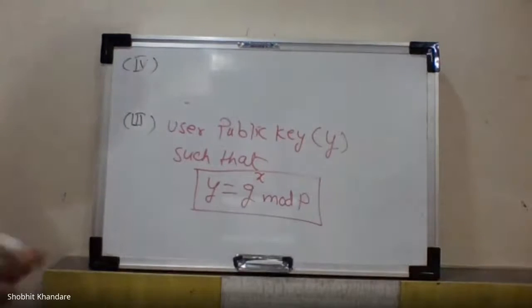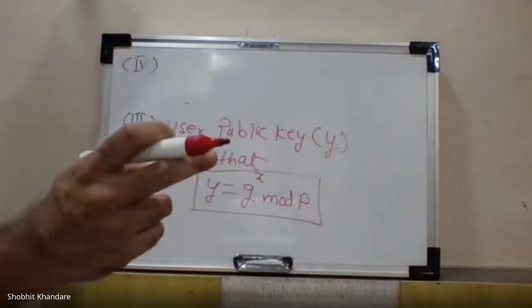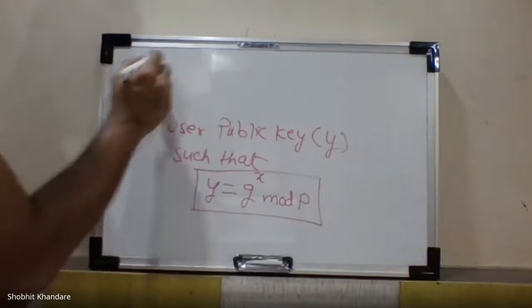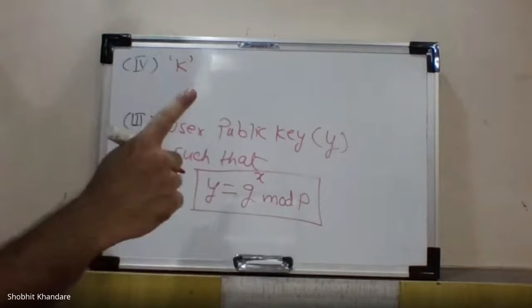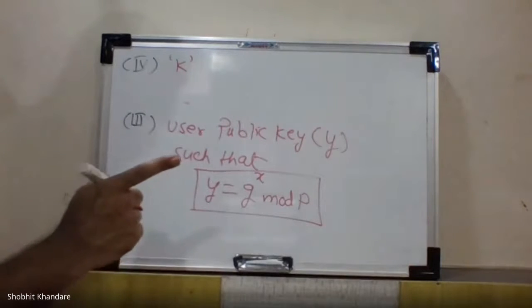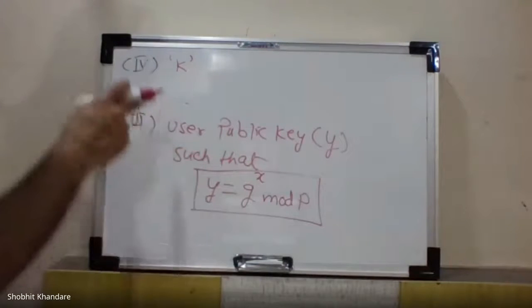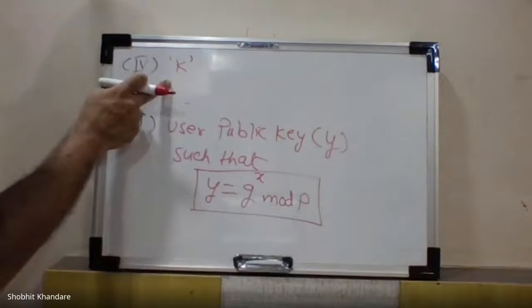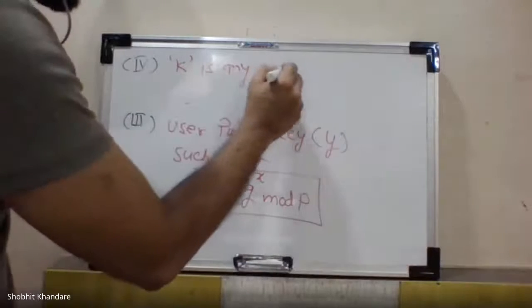And Roman number 4 tells about small k. Okay, small k. Do you remember the block diagram? I have told you in the signature algorithm, along with the input h, you have taken small k, which is a random number. So that is this k. So k is, write down, k is any random number